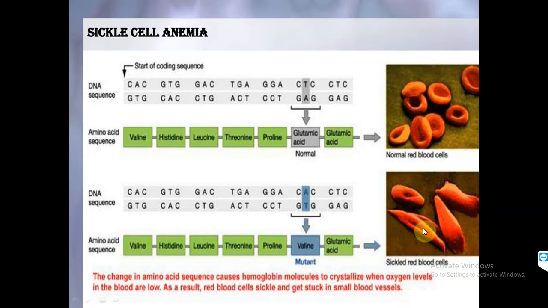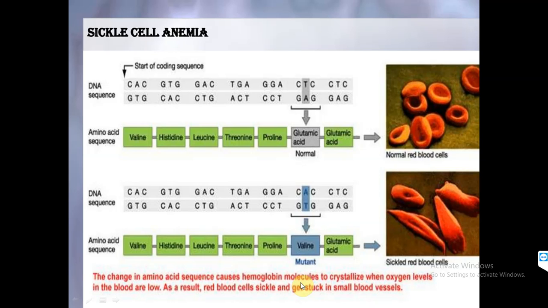The change in amino acid sequence causes the hemoglobin molecules to crystallize when oxygen levels in the blood are low. So if oxygen levels in the blood are low, then the hemoglobin molecules start to crystallize, and as a result the RBCs become sickle shaped and get stuck in some blood vessels. So sickle cell anemia is mostly seen in African people, and there is one advantage of sickle cell anemia also,